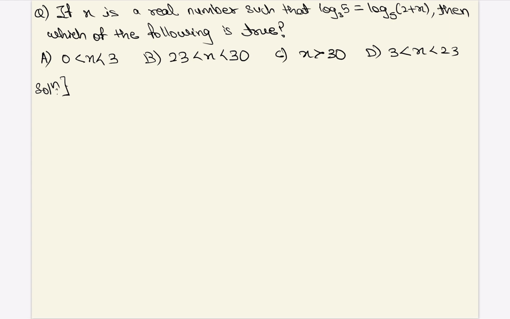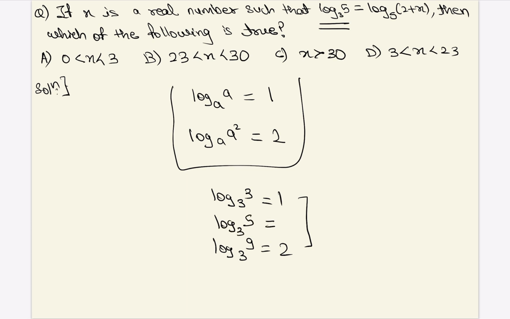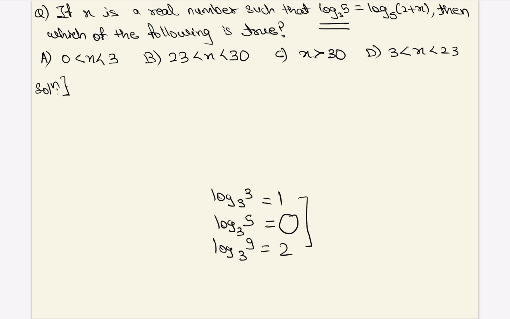Now there is a fact known that log a to the base a is 1 and log a square to the base a is 2, right? Using this fact, we can create a range for this value. So log 3 to the base 3 is 1, log 9 to the base 3 is 2. So in between these two will somewhere lie log 5 to the base 3. We don't know this value yet, but as far as we are concerned for this question, now we have an inequality range